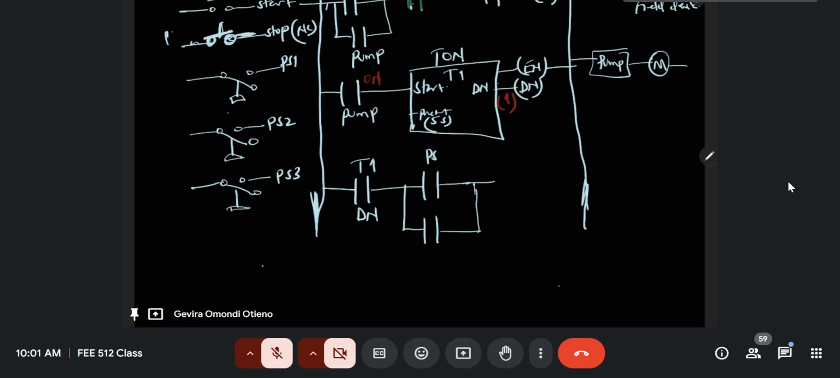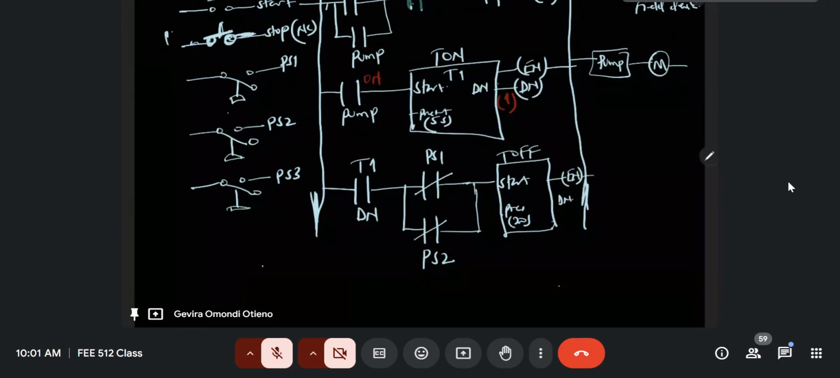So if either PS2 or PS3 is not closed, then you have your off delay timer here. T off, and then you have a preset value of 20 seconds there. And then this is connected. You have your enable and your done bit there. Okay. So the condition is if PS2 and PS3, after 5 seconds, because after 5 seconds we'll get